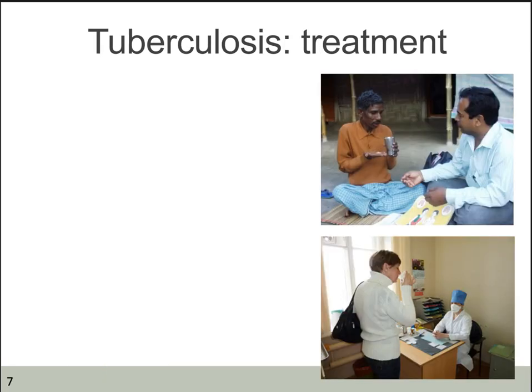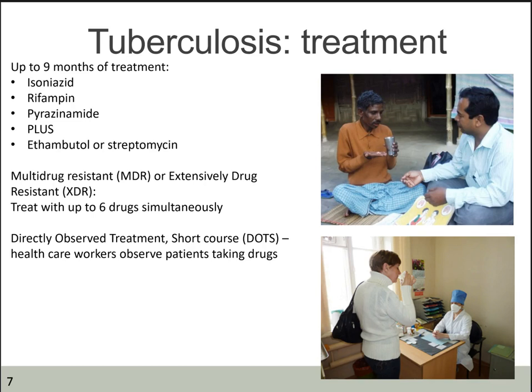The treatment for tuberculosis takes a long time. It's up to 9 months of treatment using a combination of different antimicrobials. So here we see isoniazid, rifampin, pyrazinamide, and ethambutol or streptomycin. And the reason for so many different antibiotics is because this can develop antibiotic resistance fairly